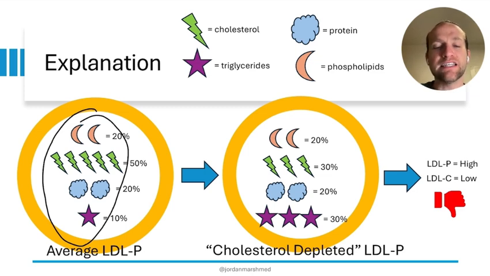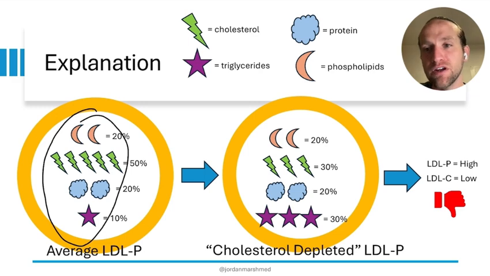For whatever reason, some people may have cholesterol depleted LDL particles based off of their genetics or different risk factors. They have this type of LDL particle that just isn't carrying around as much cholesterol. And now, all of a sudden, the typical lipid profile that a doctor will usually get is not actually going to tell us the cardiovascular risk of that particular patient. Let me show you a couple of graphs from the paper that describe this. You just need to know that there may be some people that have cholesterol depleted LDL particles, and that actually doesn't give us a good idea of their risk. And there may also be other reasons why.